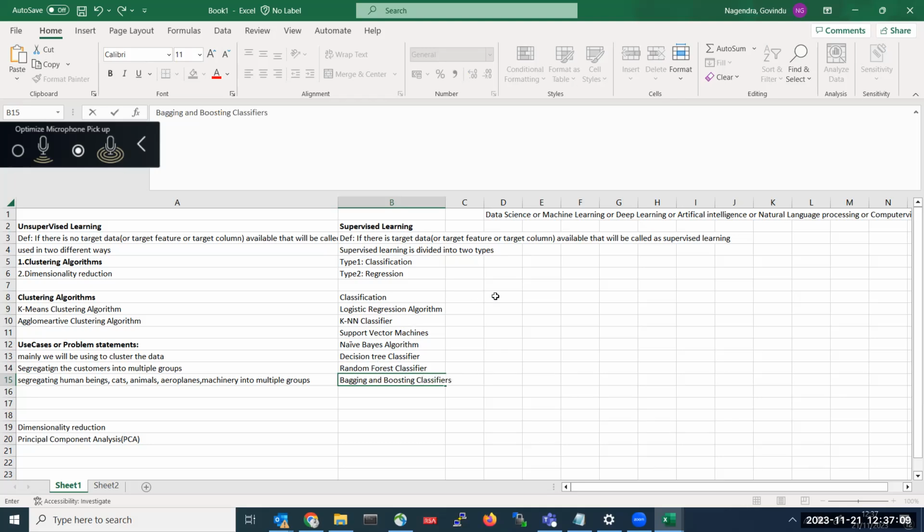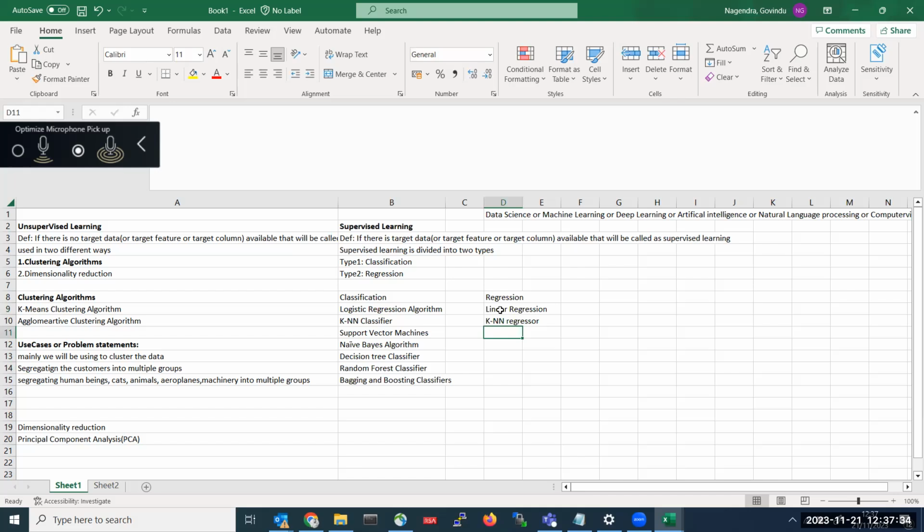Like this, in the same format, we do have algorithms for regression also. For regression, whatever the logistic regression algorithm formula is, the same formula will be used for linear regression also. The next one is the same ANN regression.